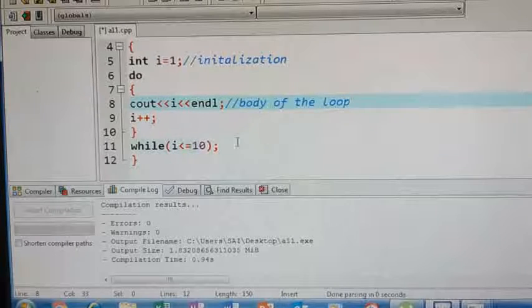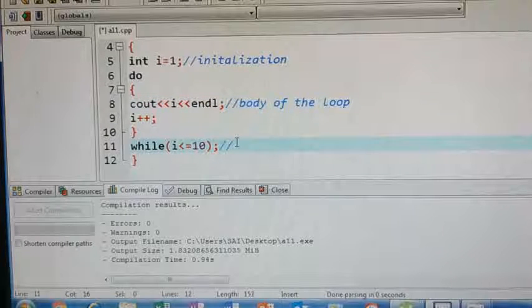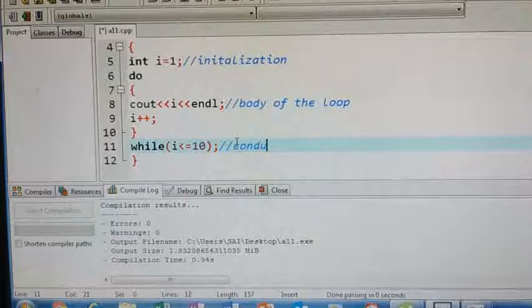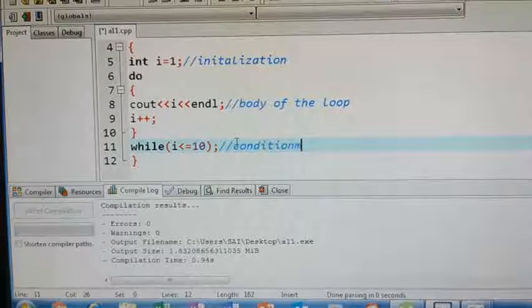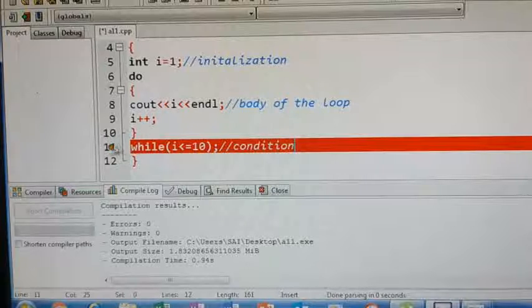Next, it is the condition. See, these three things you have in a while loop also. But in case of a while, what happened? The statement that we wrote in the 6th line, that is the difference. Remaining is as it is.